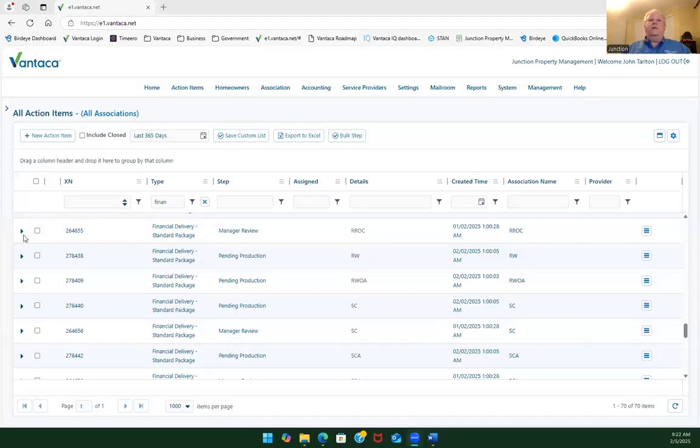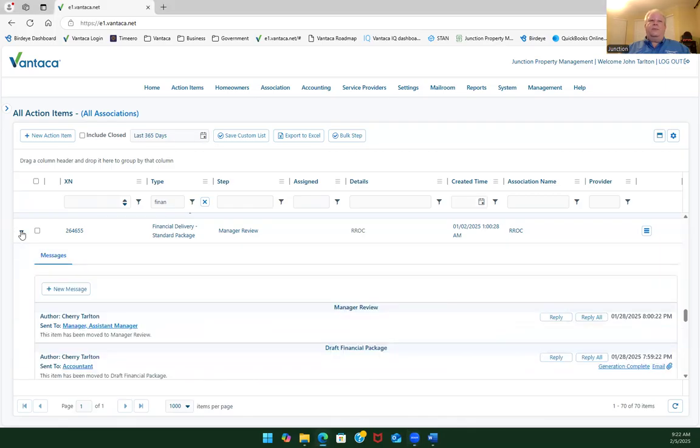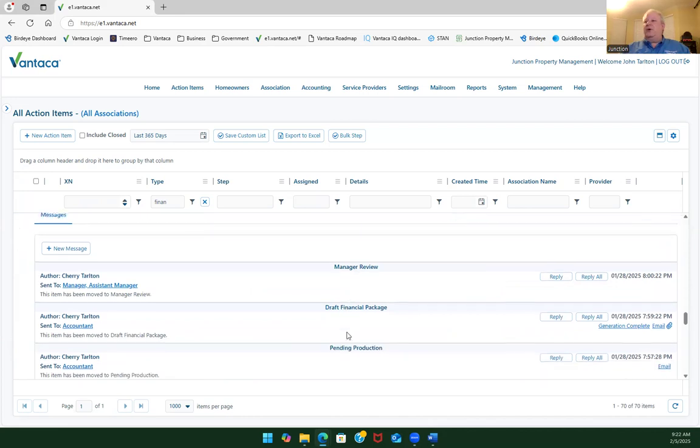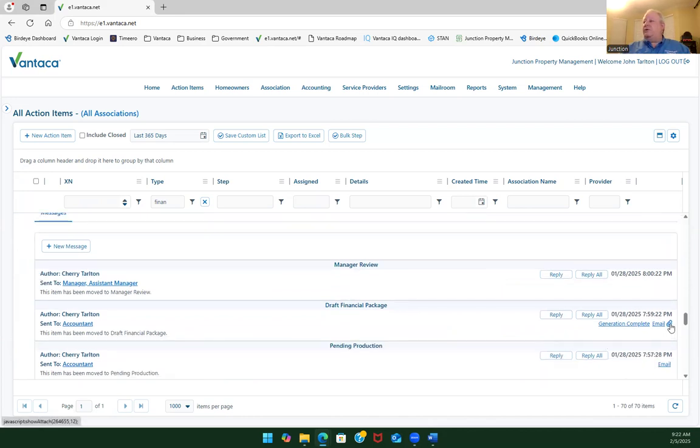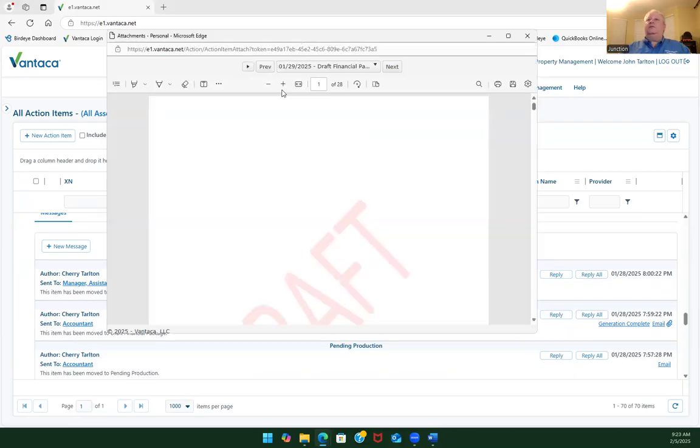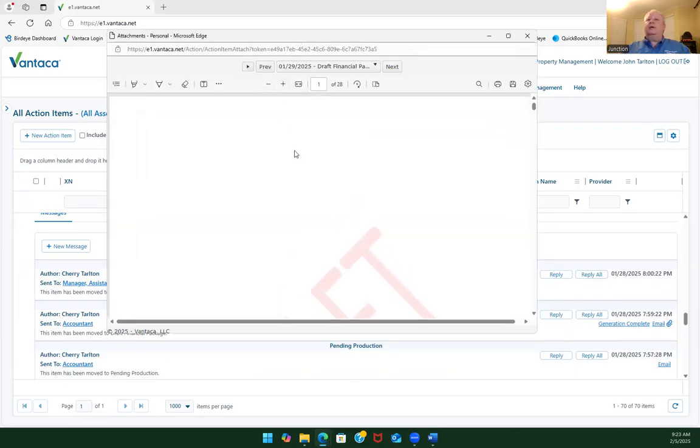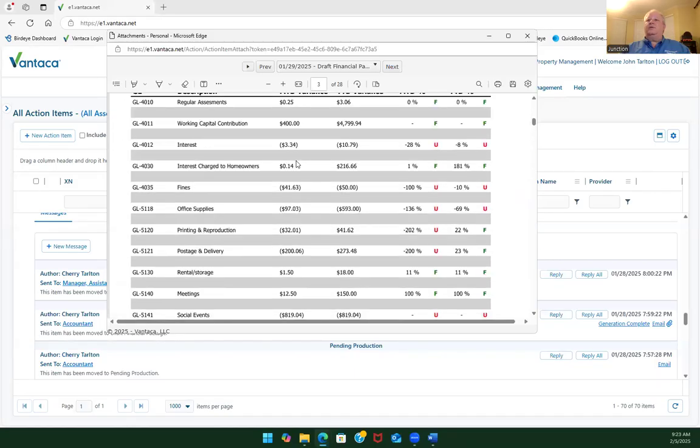The first thing we're going to do, this is under Financial Delivery Standard Package, Manager Review. There's the name of the association. I'm going to hit this drop down menu, which will give me the list of all the actions that have happened so far. And then we're going to execute this paperclip. And when it opens the paperclip, you'll have this file. I enlarge this a little bit, and then I go ahead and scroll on down to